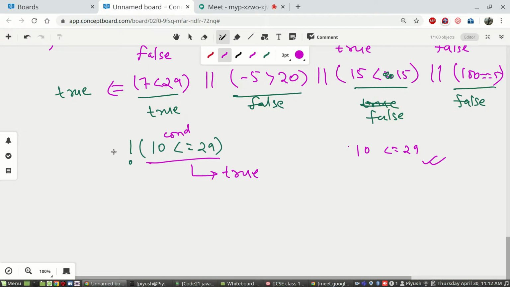Fine. So what does this logical not symbol do? It reverses the output. The output is true, so this entire thing will give you false. Individually the condition was true, so it reversed it and made it false.